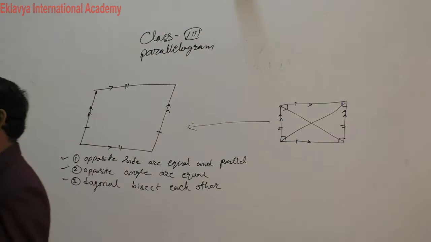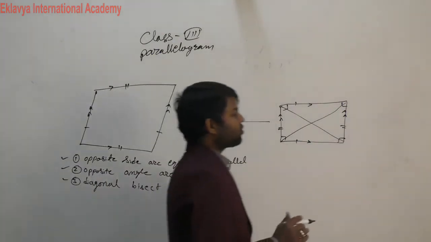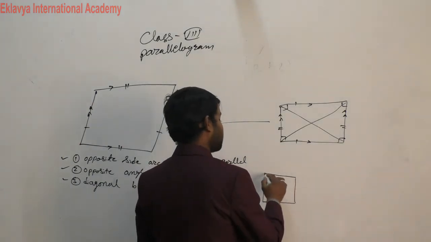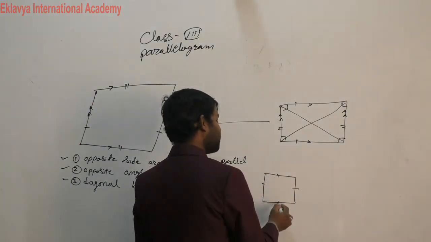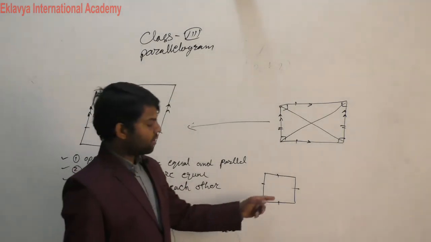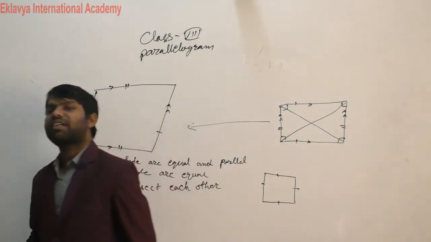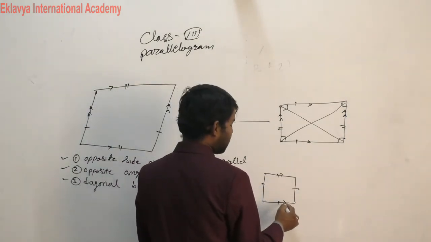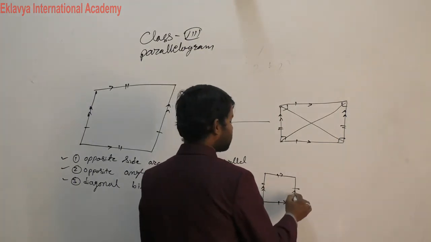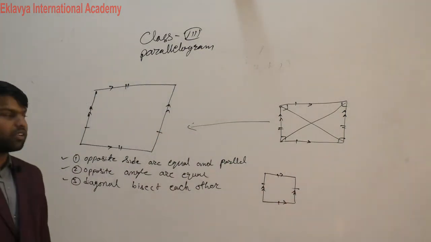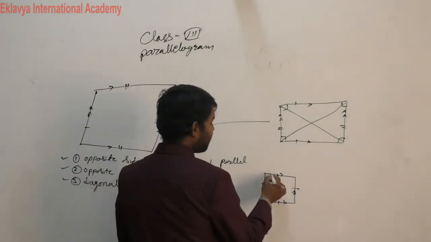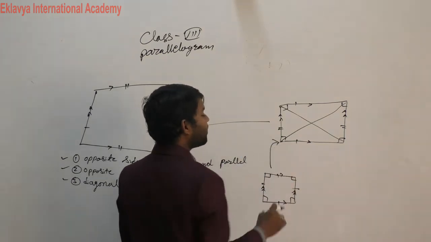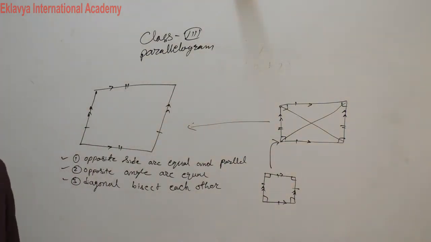The second question is, is a square a rectangle? So if you see a square, then in the square all sides are equal. The first property of a rectangle is opposite sides are equal and parallel. Then in this we know that opposite sides are parallel also. The third property of a rectangle is all angles are 90 degrees. So in the square we also have all angles 90 degrees. So we can say a square is a rectangle.